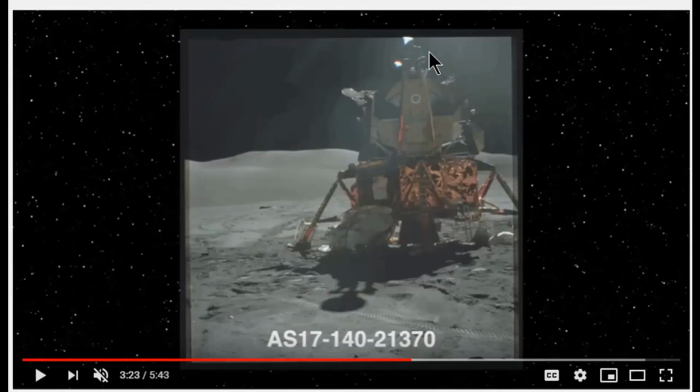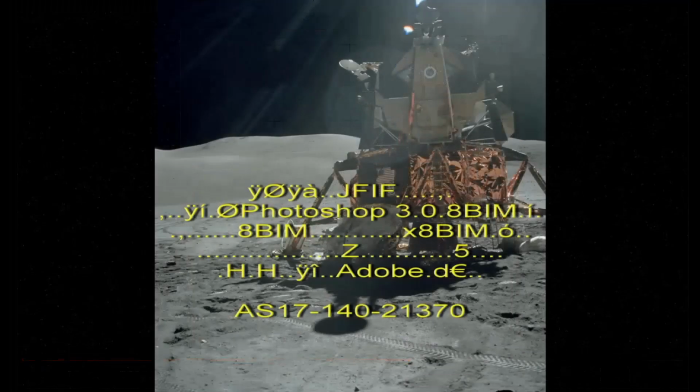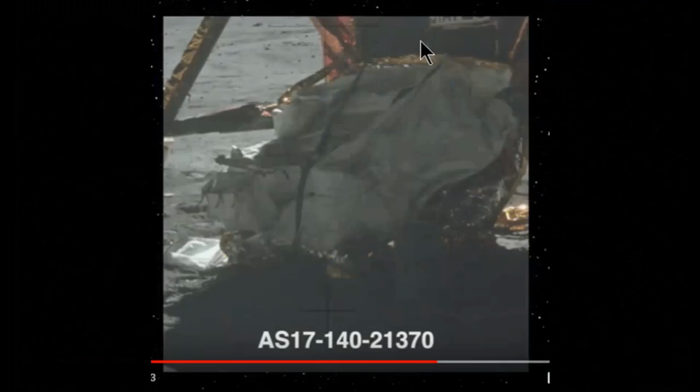AS17-140-21370. Another photo she wants to show you: the gear for the Apollo 17 LEM. And as you can see here, folks, that photo has been photoshopped. Okay, folks, what we've got here now is a close cropping of the gear for Joan's Apollo 17 LEM,